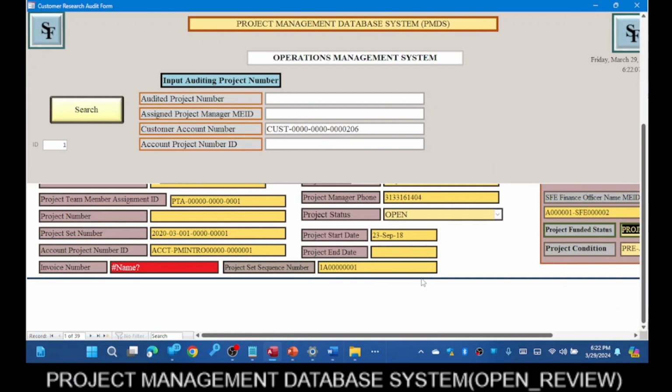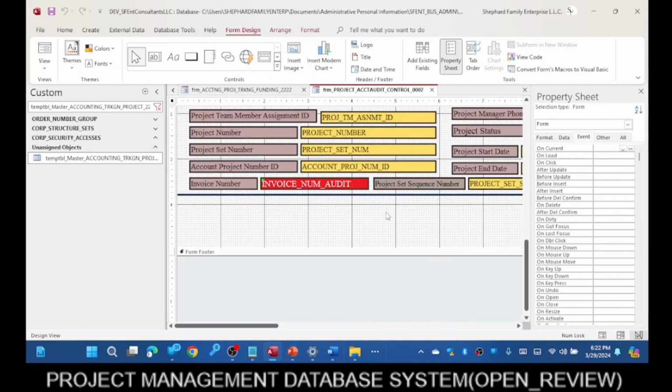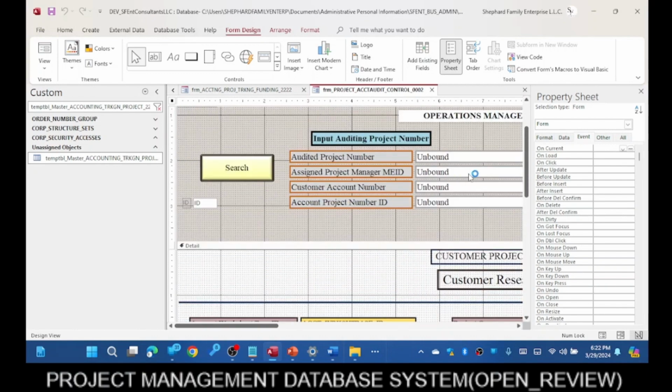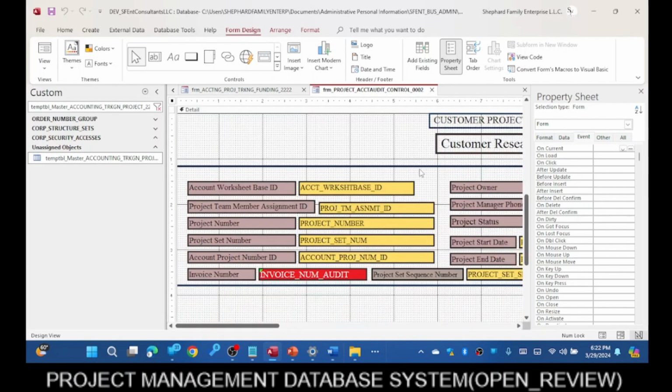Now, what we were discussing before is whether or not we're going to include a button on this and create a new form. And within this form, once we create this button based on these requirements, so first of all, if there isn't a project number associated